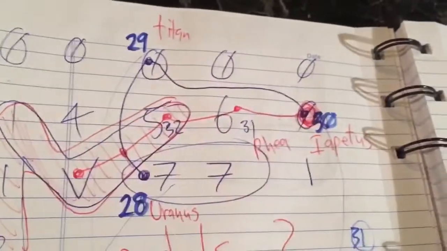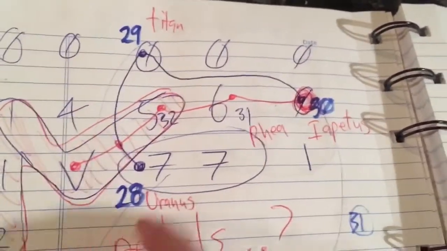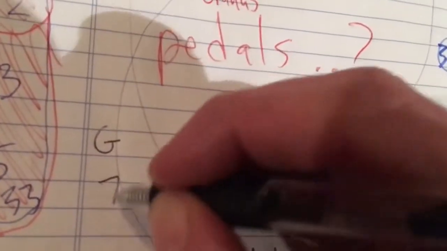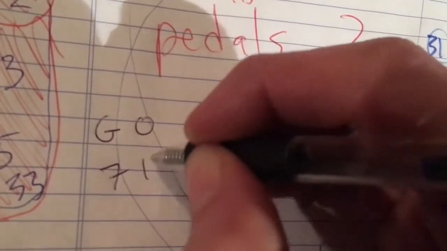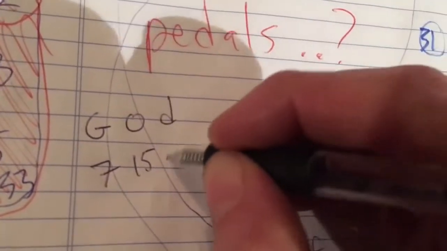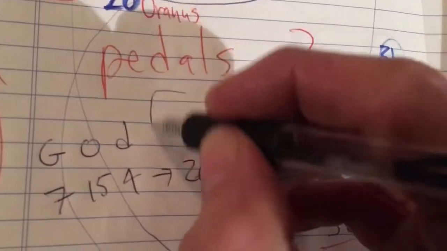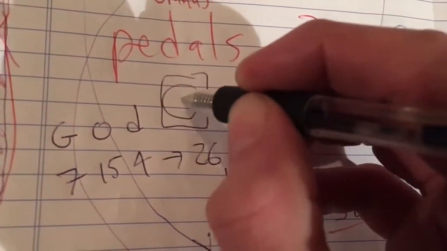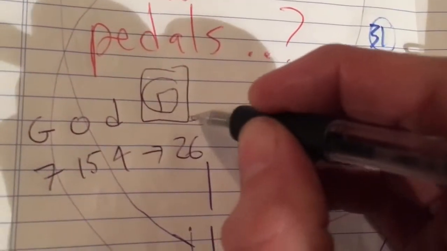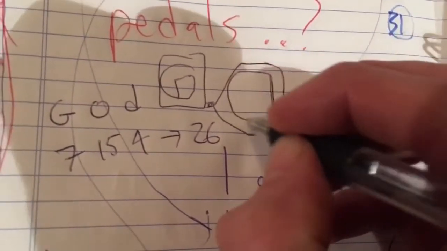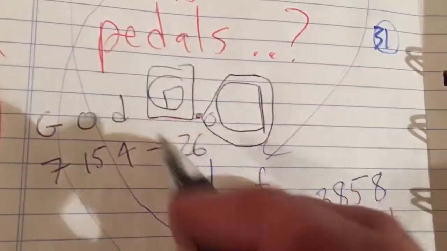28, 29, 30 are interesting, because 28, if you know that the seventh letter G, okay, and the 15th letter O, and the 4th letter D sum to 26. However, in the matrix, you have a 4x4 here making a G, okay? It is dotted to a different bubble with a backwards D in it and a circle.